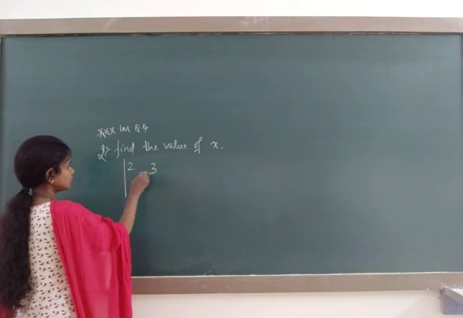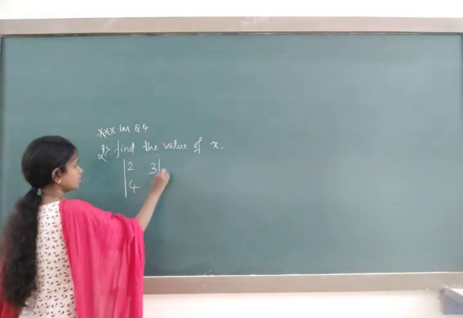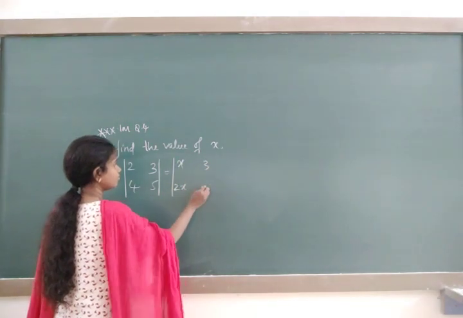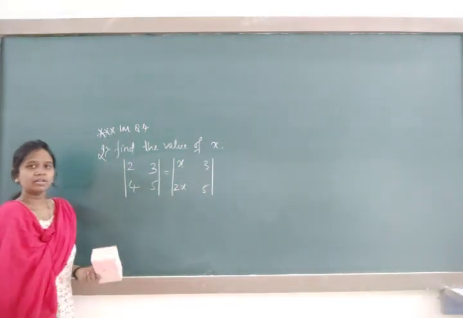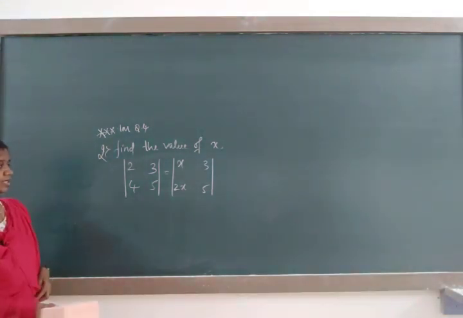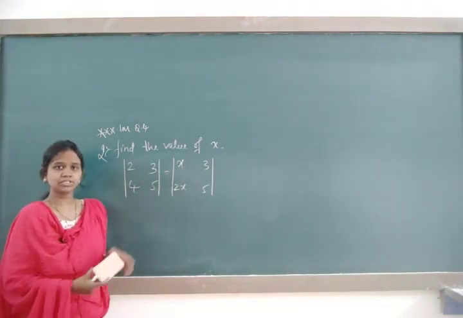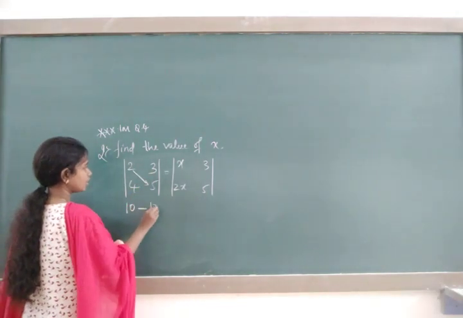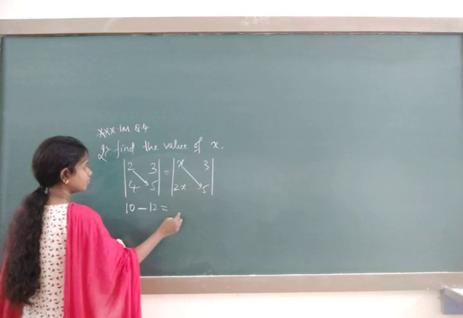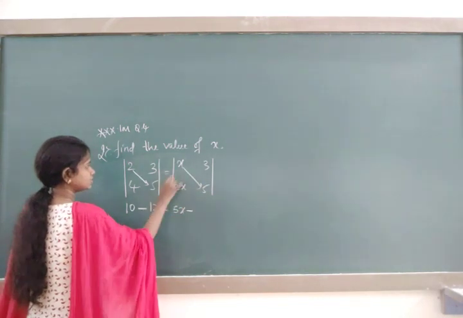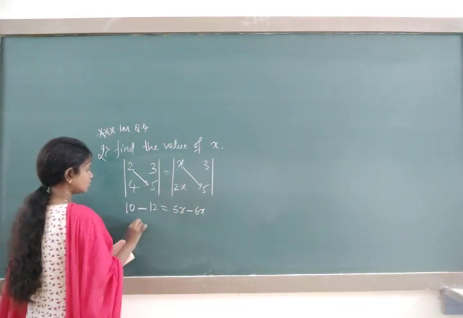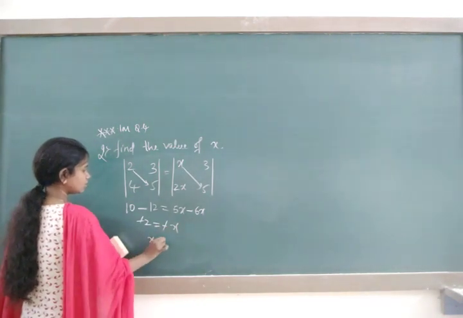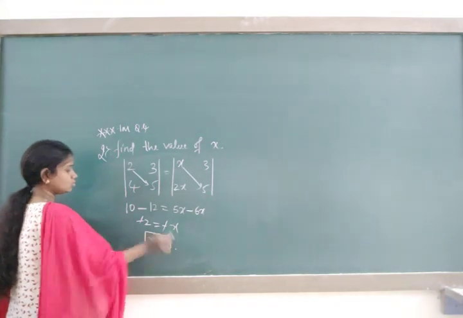So we will take the question as 2 3 4 5 and I will take here the value as x, 2x here, and I will prefer 3 5 here. So it's a 2 cross 2 determinant. We know the expansion. What is the expansion? You take 5 2s are 10 minus 4 3s are 12 is equal to 5x minus 6x. So it's a minus 2, it's a minus x. Minus minus cancel out, the value of x is equal to 2.